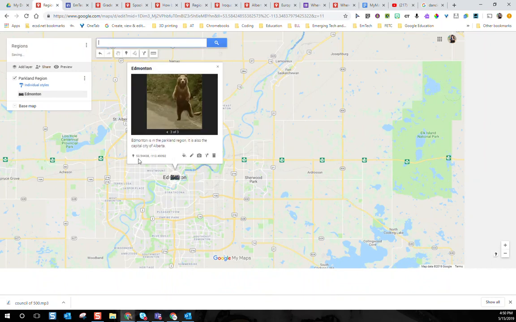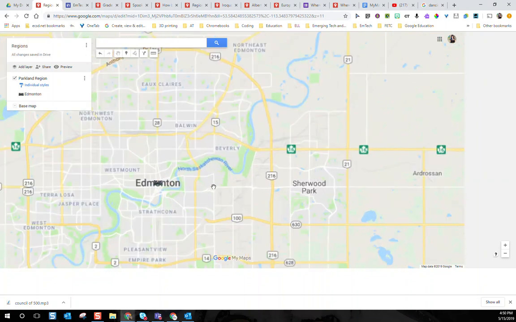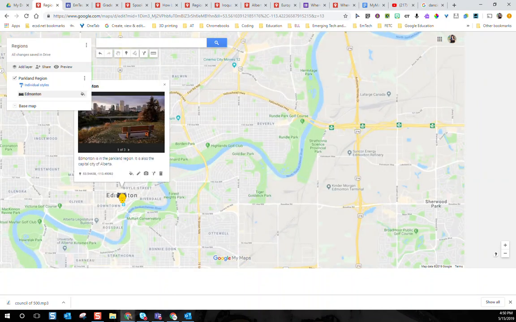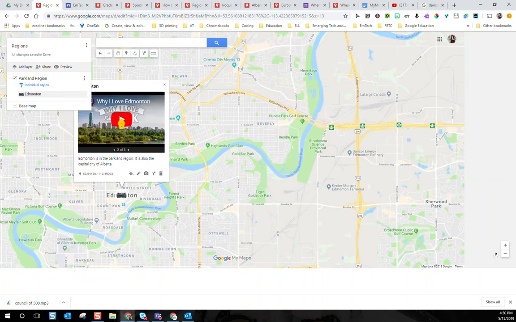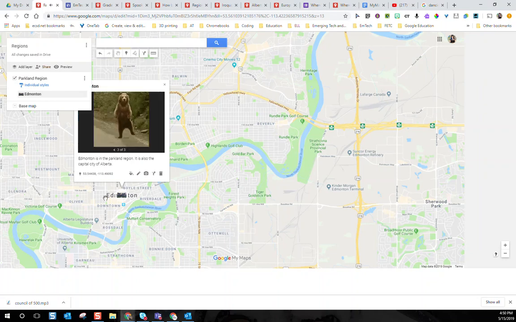We're just going to go ahead and hit save. So you can see now what your students will be able to see: when they click on that marker, they're going to be able to see their information. They're going to be able to click through. This is fully interactive, so they have all of those different layers of information as part of one marker.